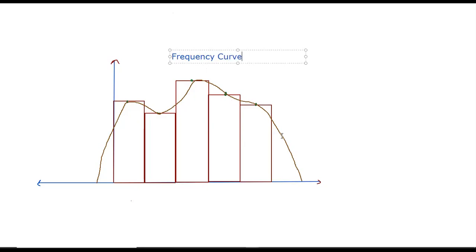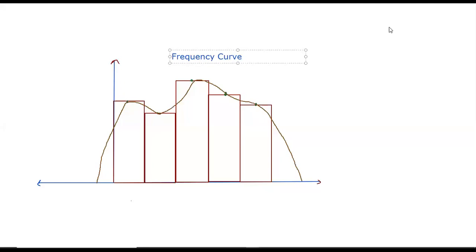Fine. So this is the only difference. Yesterday, what we did was frequency polygon. I will be making the frequency polygon in the same diagram as well. How the frequency polygon is made, we'll be doing that afterwards. First, just practice the frequency curve. Later on, we'll be making the frequency curve and frequency polygon on the same diagram. For now, you just need to do the frequency curve. I hope you have understood this.